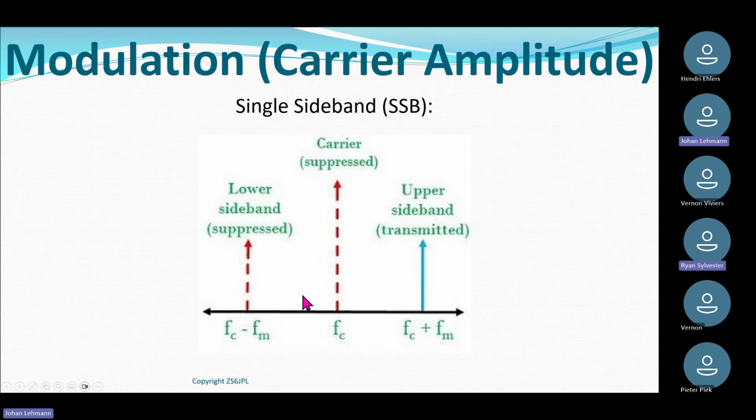But I also remove one of the sidebands. I can normally decide either the lower sideband or the upper sideband, but I filter one of them out. So all my energy is now radiated, transmitted in the sideband that I am putting through to the amplifier and the antenna. So a lot more efficient